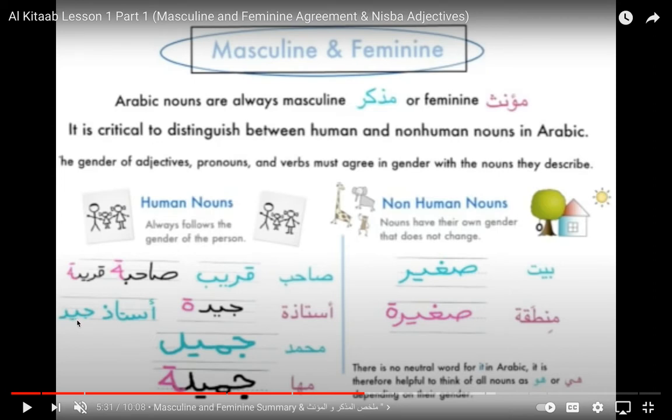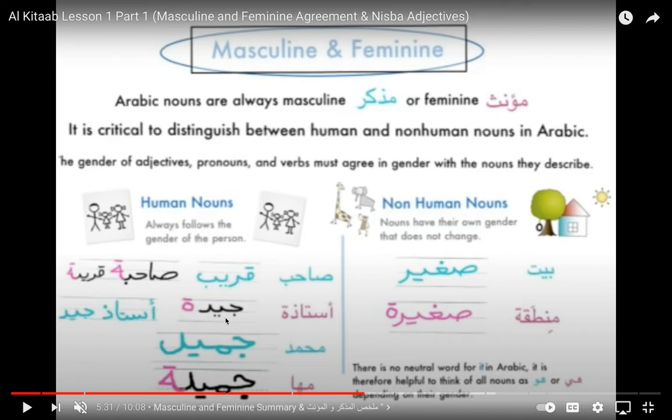Jayid is an adjective, also masculine. Ustad is singular. Jayid is singular. If I wanted to change my description and I'm talking about a female professor or a female teacher, yes, I can in Arabic. By doing what? By just adding a ta marbuta. So instead of saying أستاذ جيد, I would say